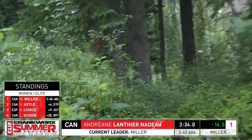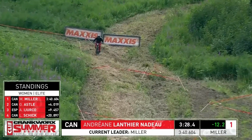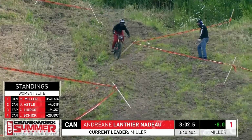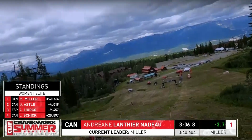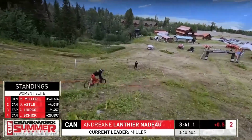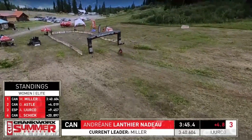But look, she's not in the flat corners yet. She's got 15 seconds to make it through the line. This could be close. It'll be close. Oh, it's going to be really close. It's so nerve-wracking, the bottom. Come on, go! Oh, okay, she is not going to go into the lead, but every ranking spot means more